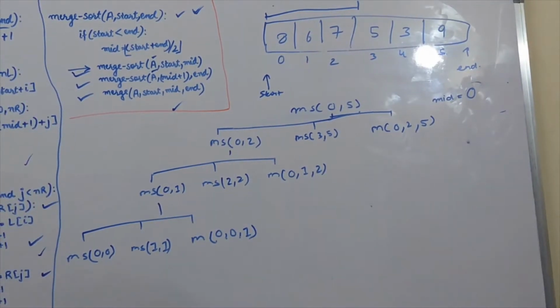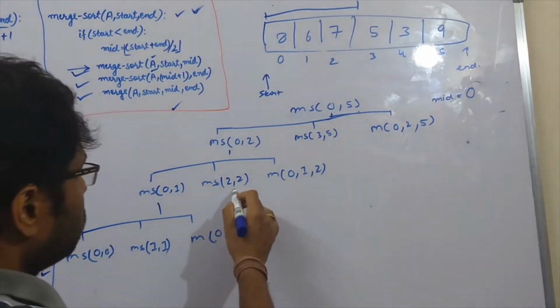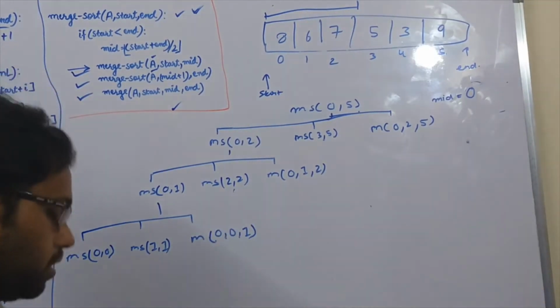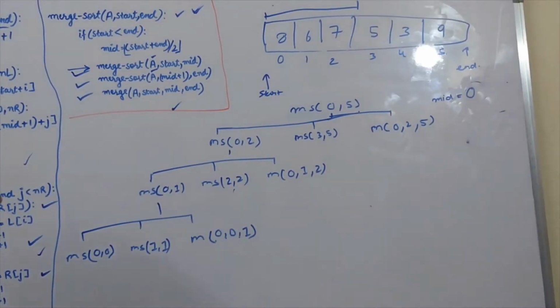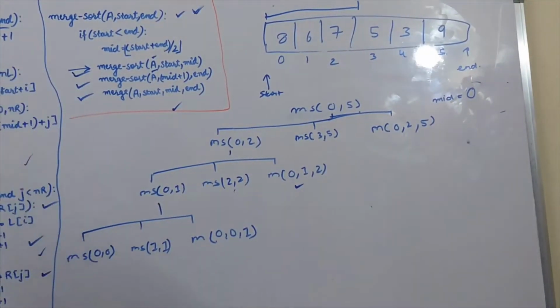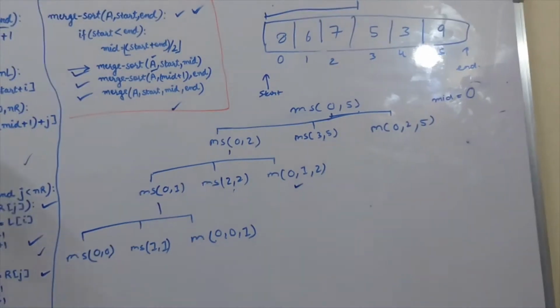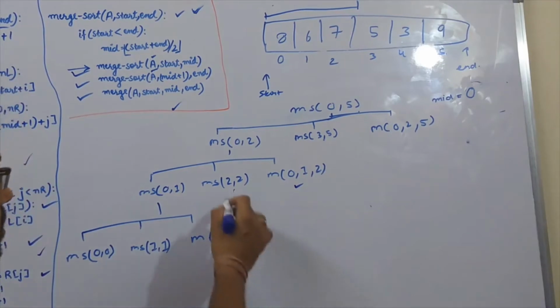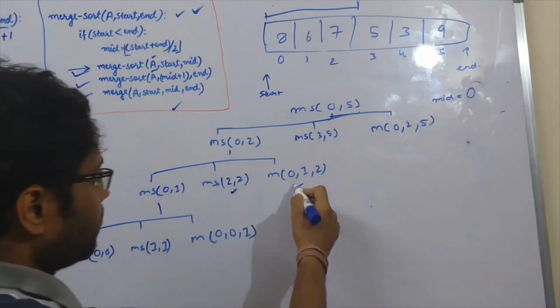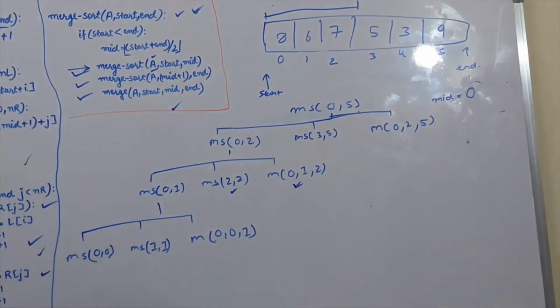Okay, so now the merge procedure 2, 2 will not call any other function, as start value is not less than end. And the merge procedure will not call anything, as we have already seen. It is just doing some calculations of merging two numbers from two different arrays. So this function will not be called again, and it will not call any other function. So we are not worried about it.